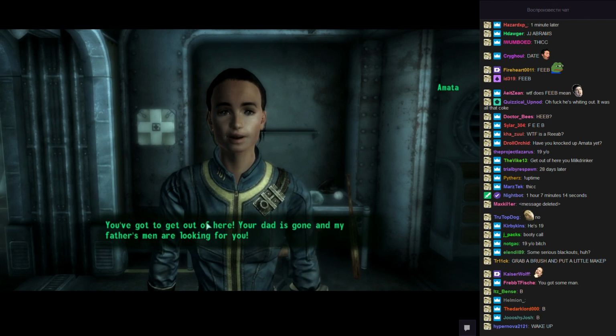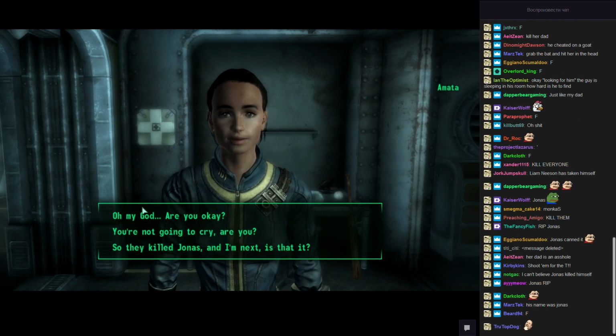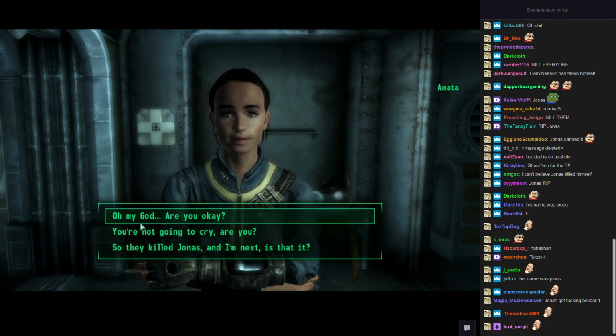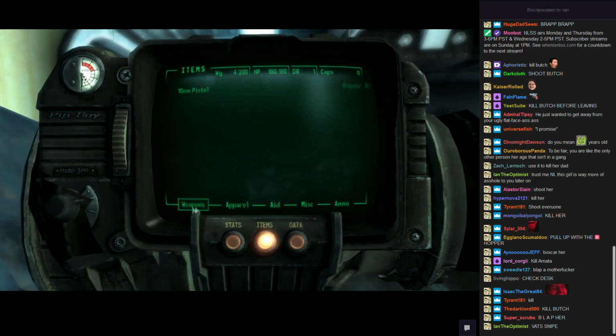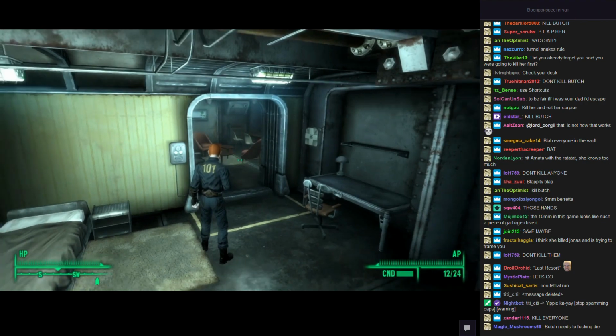Your dad is gone and my father's men are looking for you. What do you mean they're looking for you? You're just sleeping in your room with the door open. How hard could it be? It's a valid point. Let's go. Weapons. Obviously, last resort only. And then finally...